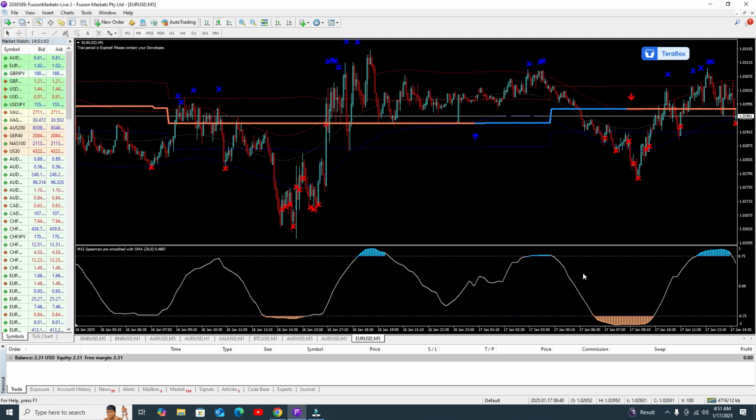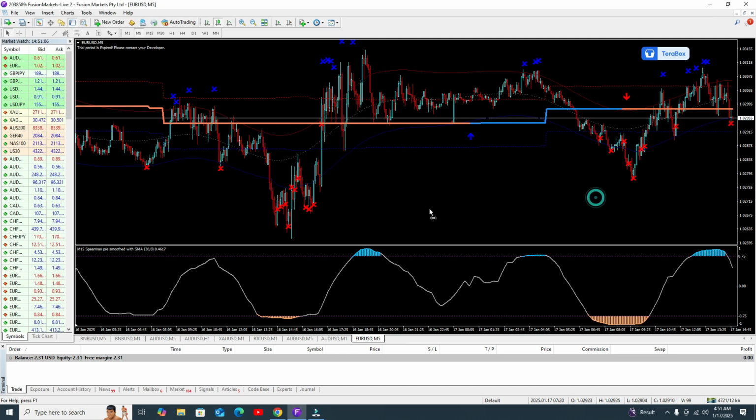This one is very important. Like in TradingView, where we were using a trend line, the same trend line I'm using here. And the blue one means a buy trend, and the yellowish one means the sell trend.